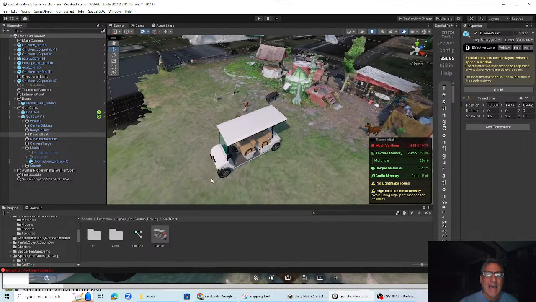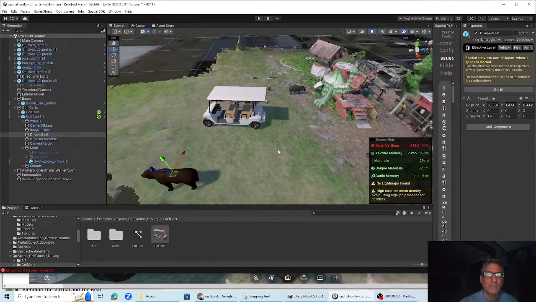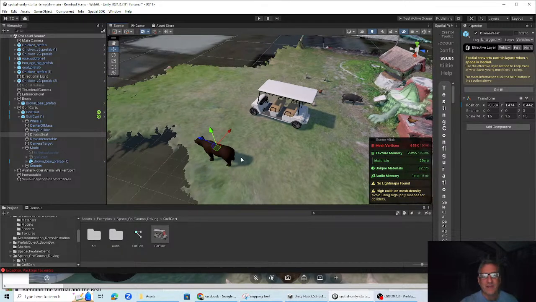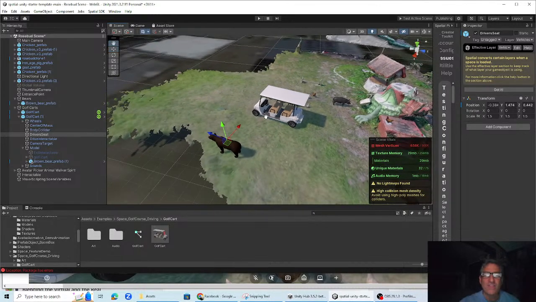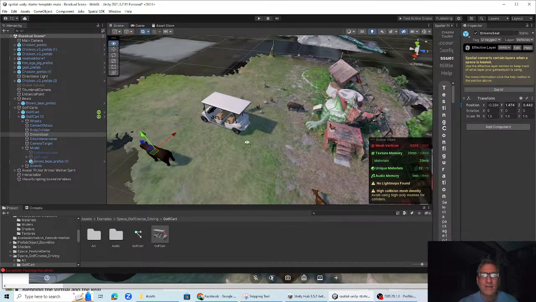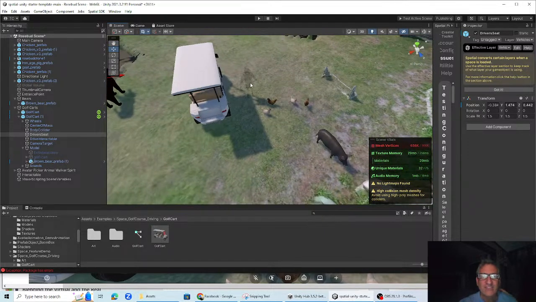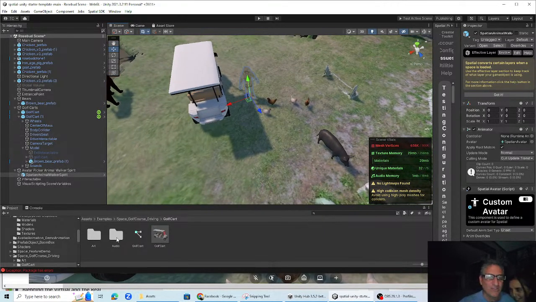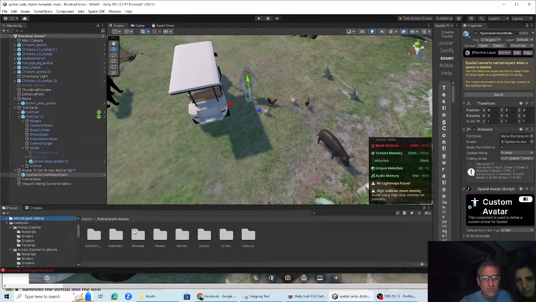Now let's also look at this other part, which is if we were to sit on the bear and drive it, it would look really funny because we don't really want to drive the bear. We want to be a spirit, the animal walker spirit, who guides the bear through the landscape. And to do that, what I've done is I've created an avatar here, this guy. And this guy here is one of the drop-ins that they had, one of the prefabs that they had. If you look here in examples, and let me find examples again, and we go to,